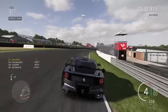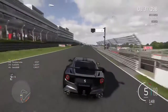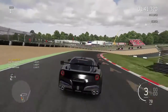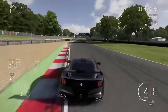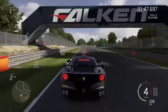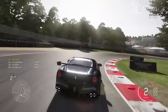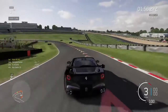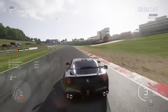I've told you briefly how good the tune is. I've done quite a few races with this little tune, and I think it's very easy to use. Very easy to use. It's very good on the brakes. It doesn't mind curbs. Usually cars get really upset by that curb there. That was a bit of a tester just to see how it copes with these really bumpy curbs. I don't think it did too badly, in all honesty. And it can do better, but that would jeopardise